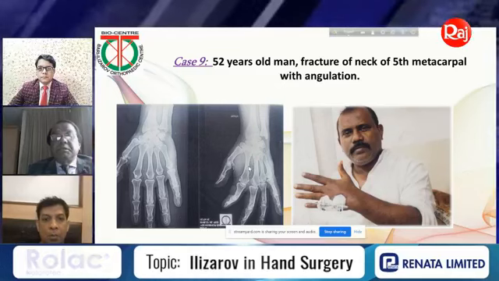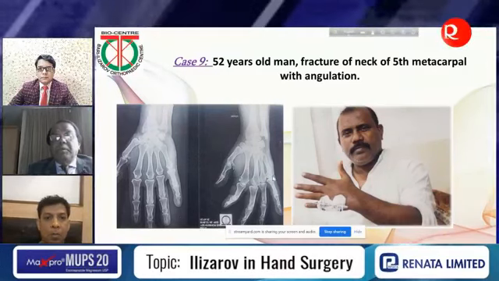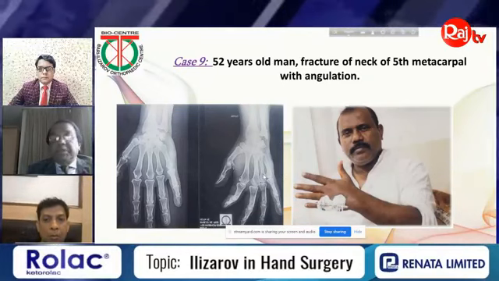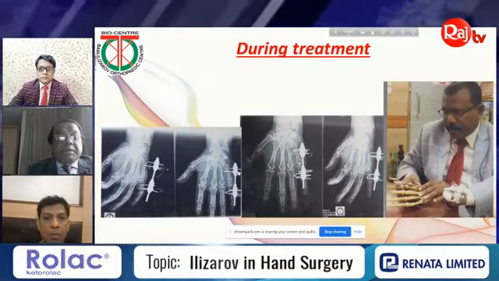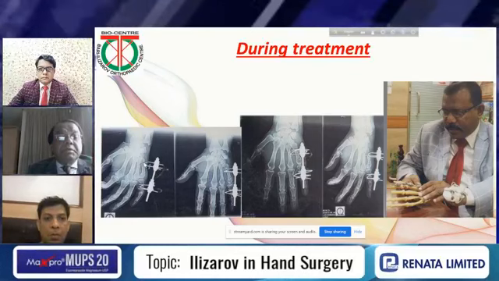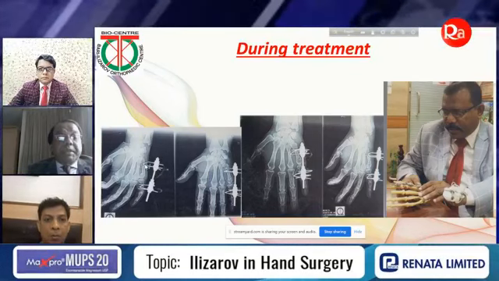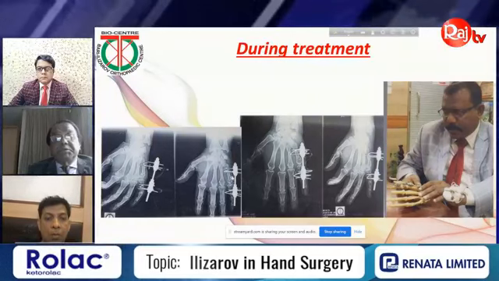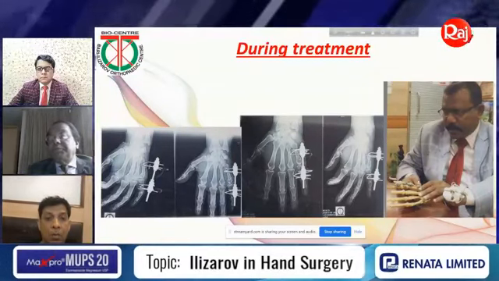And then you can correct easily whenever you put the mini Ilizarov fixator. You can see here, this is what I have done. Many two wires here bending. This is bending. You have corrected the angulation. This angulation is corrected, and the patient and teacher are happy.